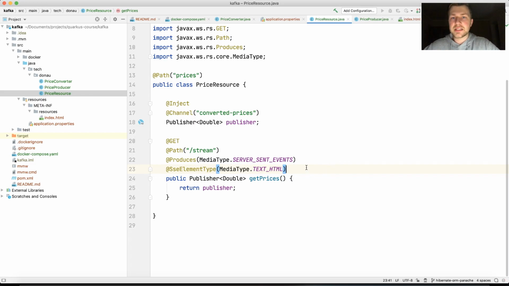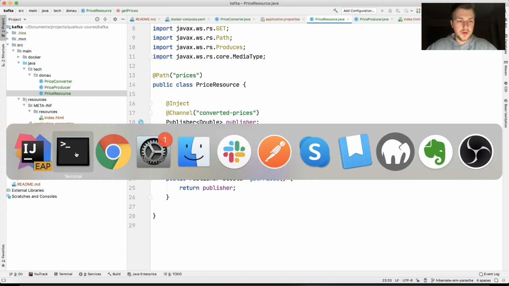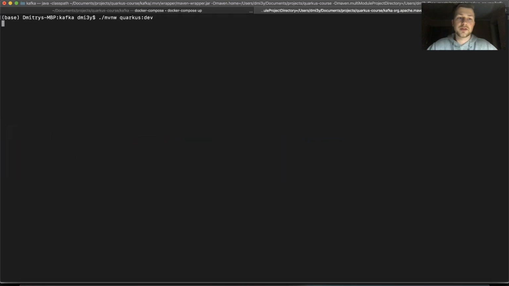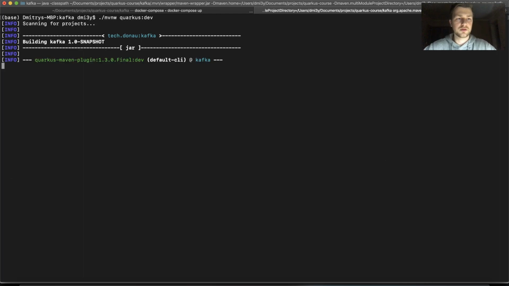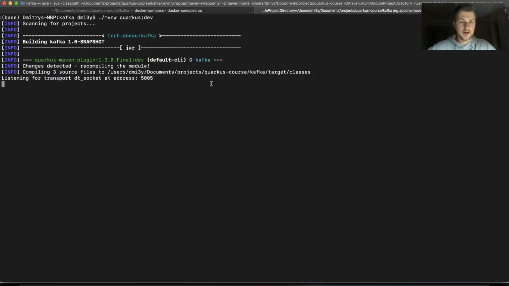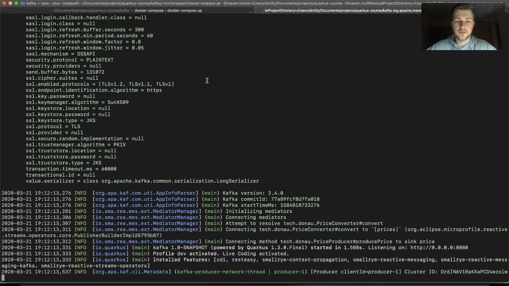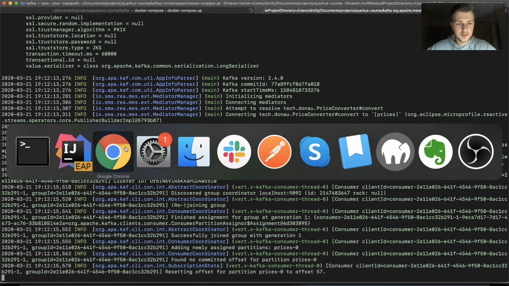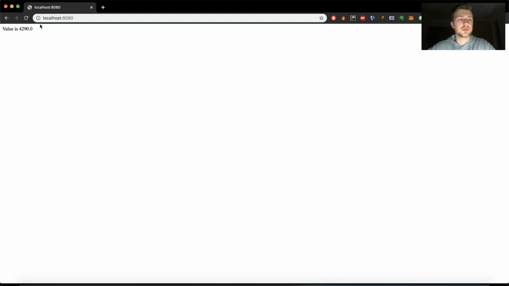All right, so I made a small mistake here, and you need to specify text plain instead of text HTML. So in this case, this will work. The other one won't. Let's go to the terminal, and if you haven't started Quarkus yet, let's start it one more time. You don't need to restart it if you don't. So let's go to our Google Chrome and refresh, and you can see that we have a random price